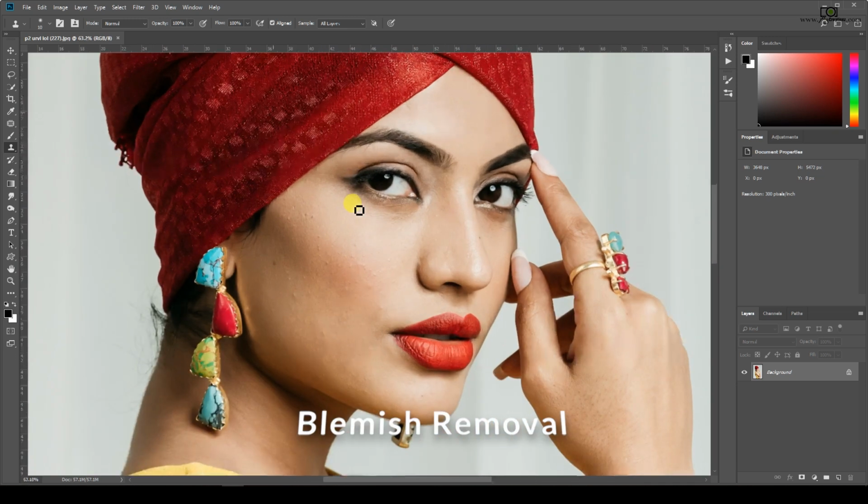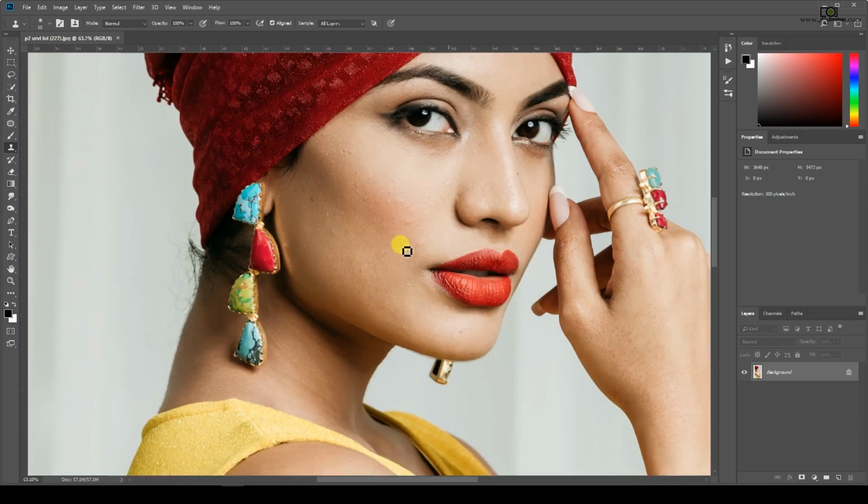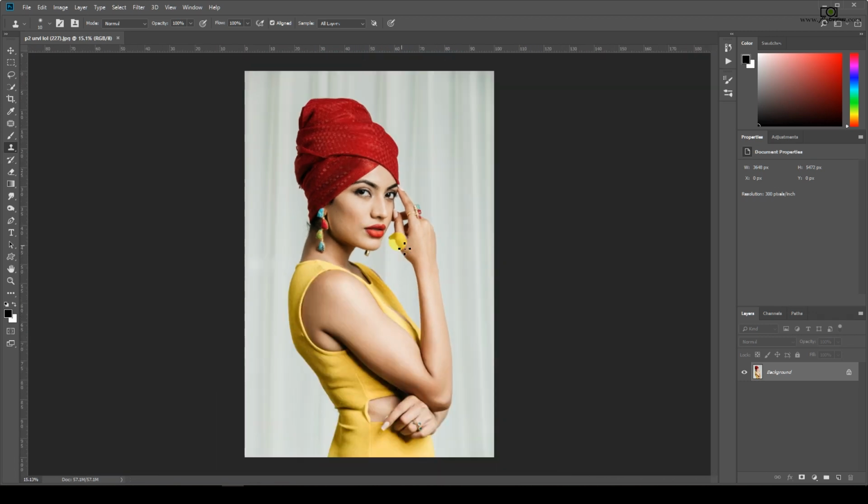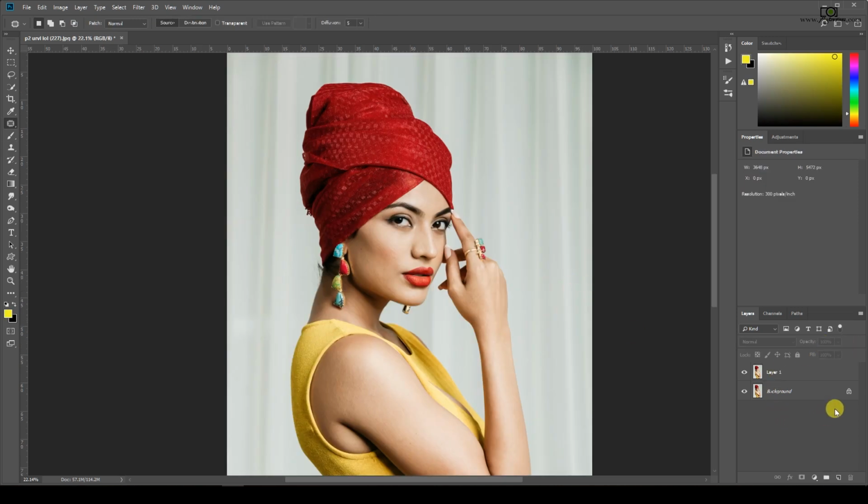So if I zoom into the picture, you can see the blemishes, the marks, the acne on the skin. We need to take care of these marks from the skin. In order to do it, we first need to make the copy of the background layer. So you can press Ctrl J or Command J from the keyboard. Okay, once we have the copy of the background layer, I'm going to rename it